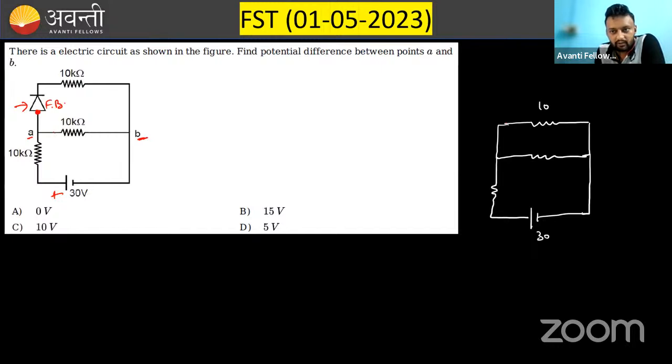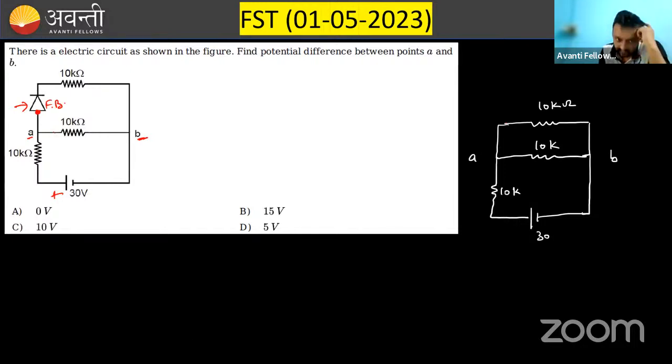This is of 10 kilo ohm. This is again 10K. This is again 10K. 10K ohm. You can see that. Now, the first thing that we should do is we want to calculate the potential difference between point A and